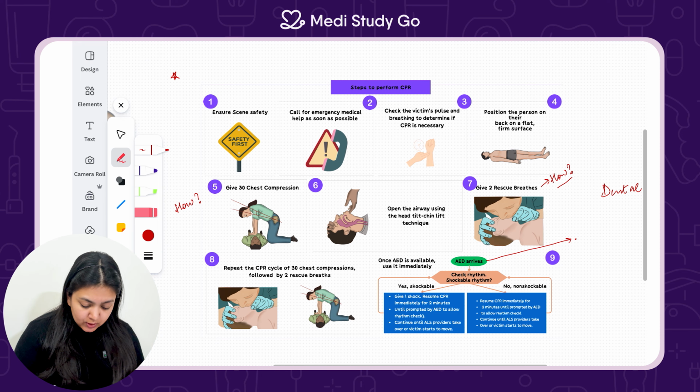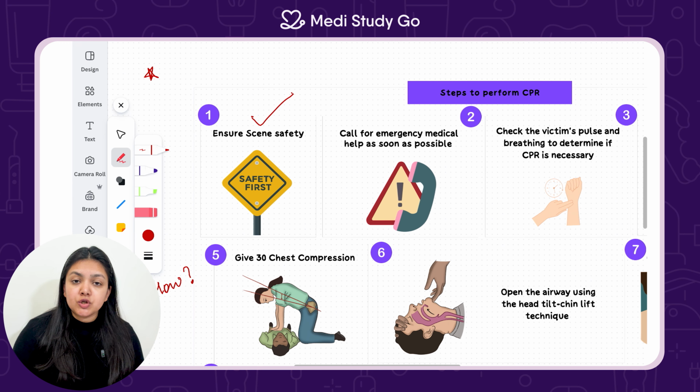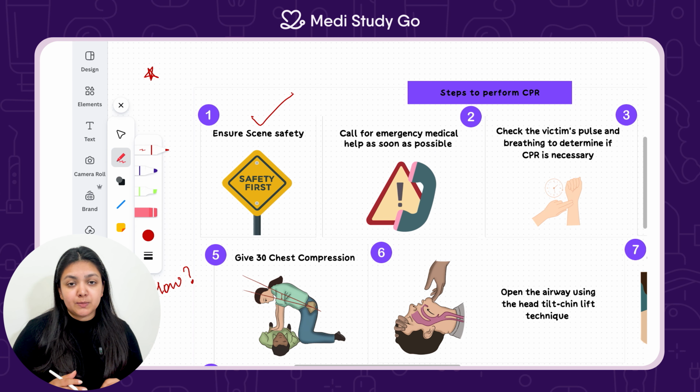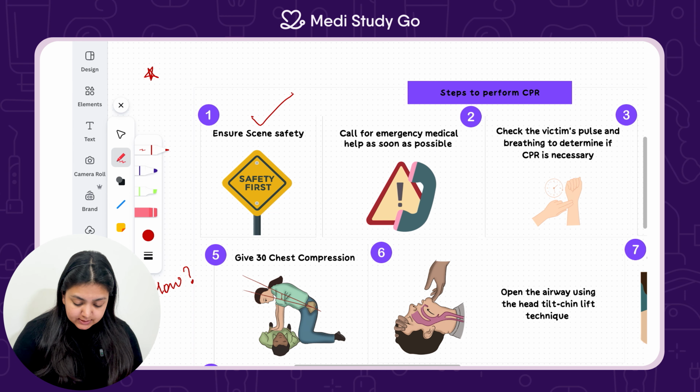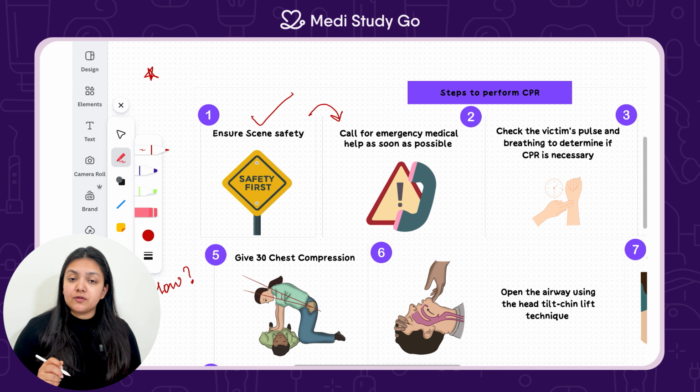The second thing you do is ensure scene safety. Now, what is scene safety? You ensure the patient is lying flat on a safe floor which does not have any glass or any stones around it, that there are no vehicles going by, and the scene must be completely safe to avoid any further injury. Next, once you have ensured scene safety and the patient is not responding, you alert the medical emergency services